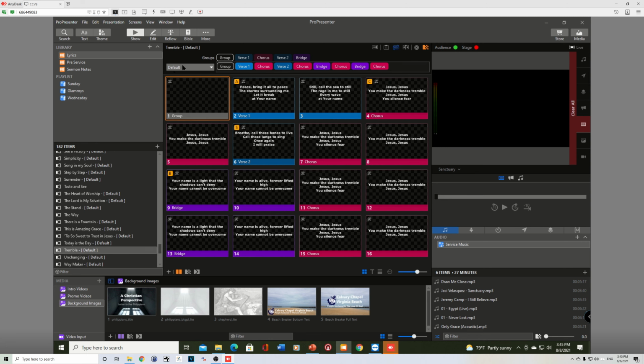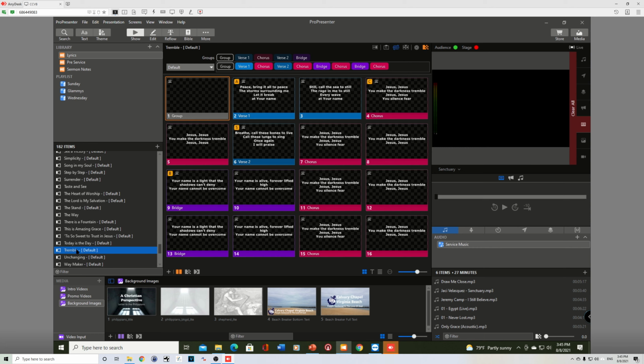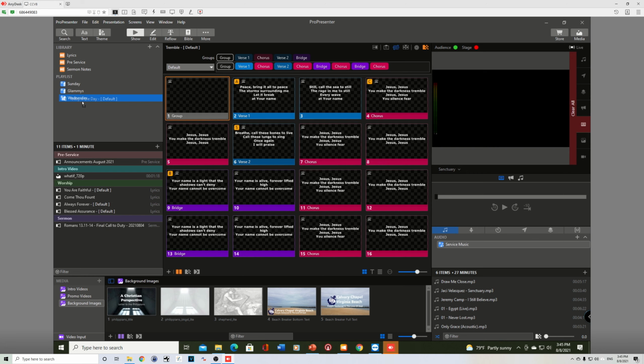We've got our default arrangement. Now it's time to put the song into use. We're going to pretend that it's going to be used on Wednesday night. So a couple different ways we can do that: right down here, I can right click and come up here to add to, and I can add it wherever I want it to. Wednesday night is what we're talking about. So I could click Wednesday, or I could left click to highlight, and I could just drag it up to Wednesday. And when I let go right here,